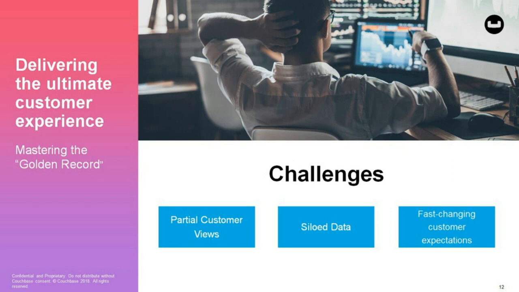And that's because capturing all of your customer interactions to build a single view of that customer is challenging, especially with legacy technologies. Going through these, first of which is partial customer views. If you only have access to a subset of customer activity and data, then you cannot deliver a consistent, personalized experience across all channels and devices. And typically, legacy IT systems only give us a partial view of customers.